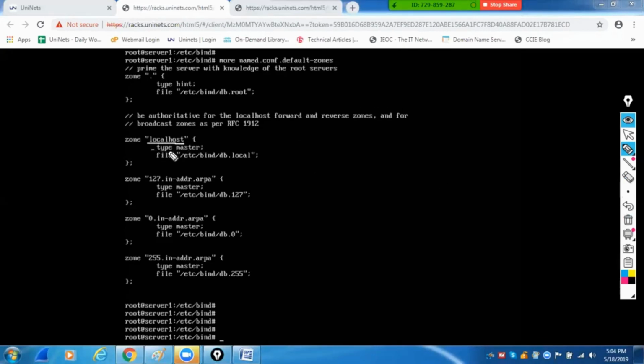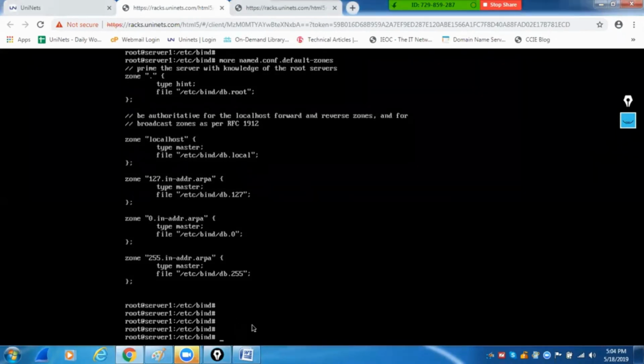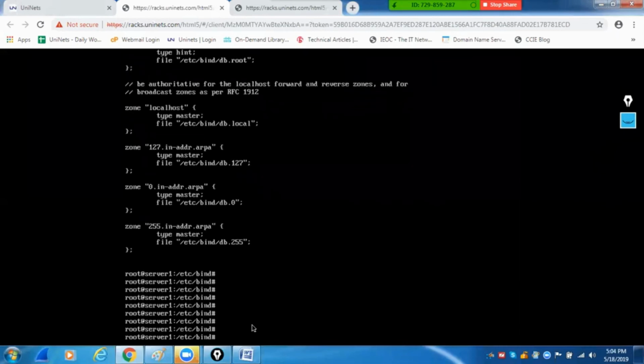Then you will mention the type of server it is, whether it is a master or slave, and then the file for this particular domain name, which holds the A records, and the path under which we have that file. And this will be again your reverse, and here it will be your file. So like this you can create multiple zones.